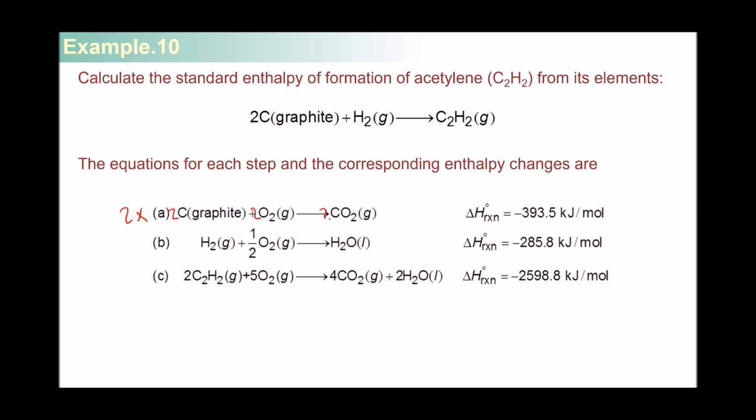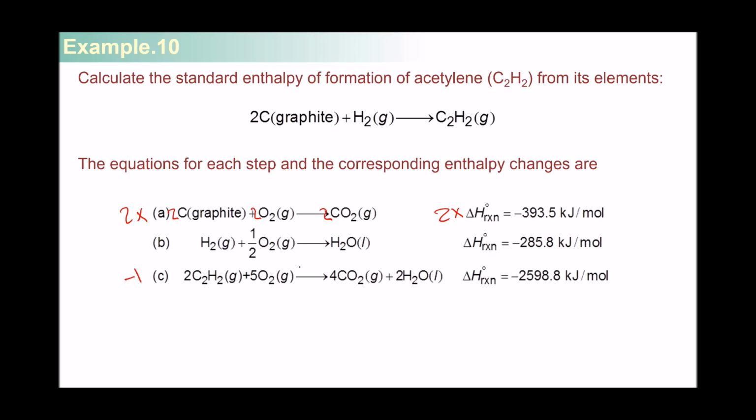It's going to give you 2 moles of carbon dioxide. And of course, you will have to multiply this times 2 as well. And then we have 1 mole of hydrogen. We need 1 mole of hydrogen on the left-hand side. We already have 1 mole of hydrogen, so we don't need to change this reaction. And we need 1 mole of acetylene on the right-hand side, which means we have to multiply this times -1